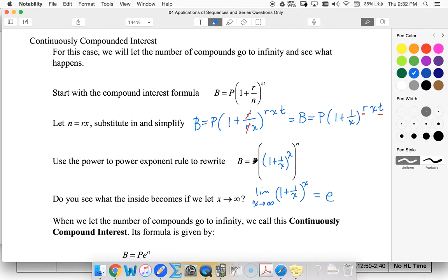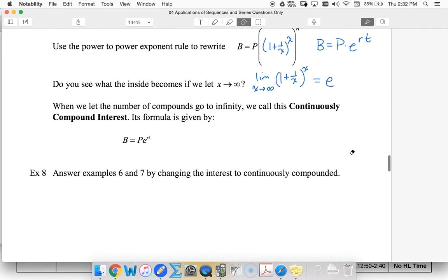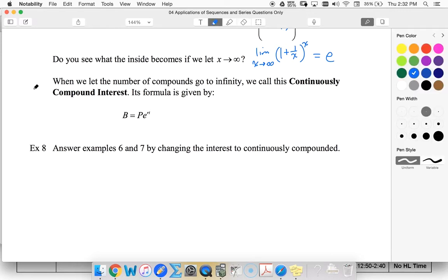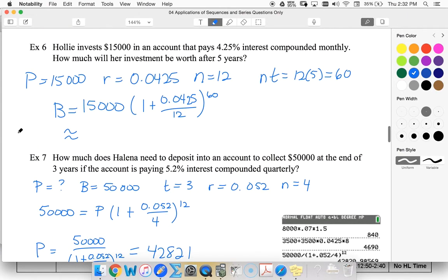So that means my continuously compounded interest formula becomes principal times e to the RT, which we saw in our logs and exponents unit, and now we see where it comes from. So here's our compound interest formula. We're going to go back to examples 6 and 7 and change to continuously compounded interest. Let's look at example 6. That was our one where we had